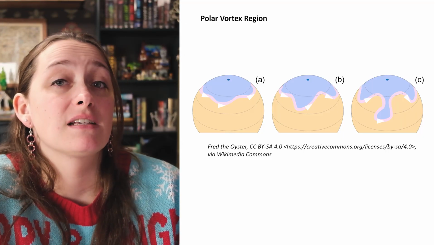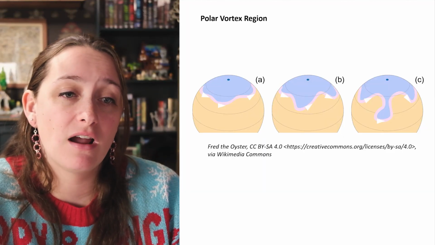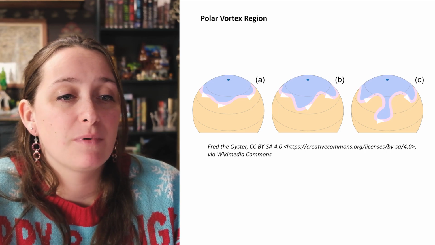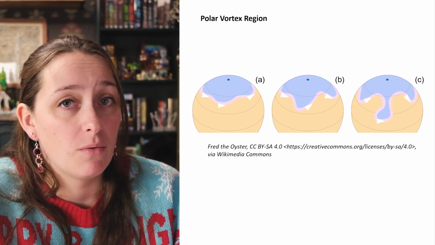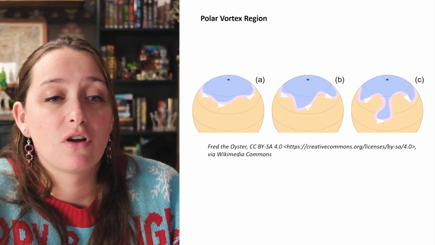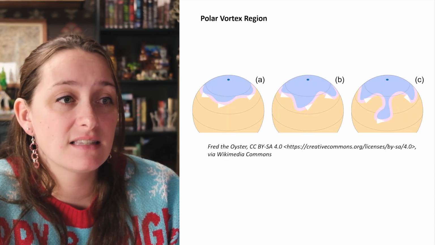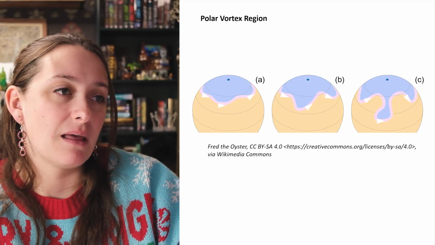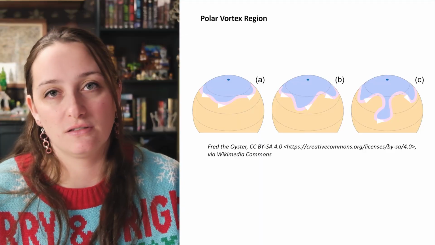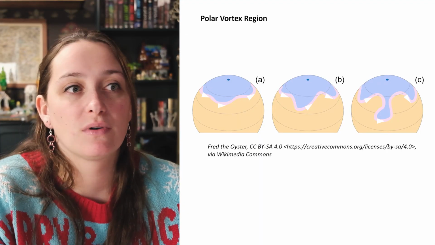And when the polar vortex breaks, you will see cold waves of unusually cold Arctic air moving into lower latitudes that are usually milder. So these breaks can reach nearly to the subtropic low belt. And this happens about every other year, causing record temperature drops and the potential for large snowfalls in areas that don't normally experience this. And again, you can sort of see this in the maps. In B, they're weakening, and then in C, pieces of it sort of branch off into these kind of cold waves that travel into the lower latitudes.